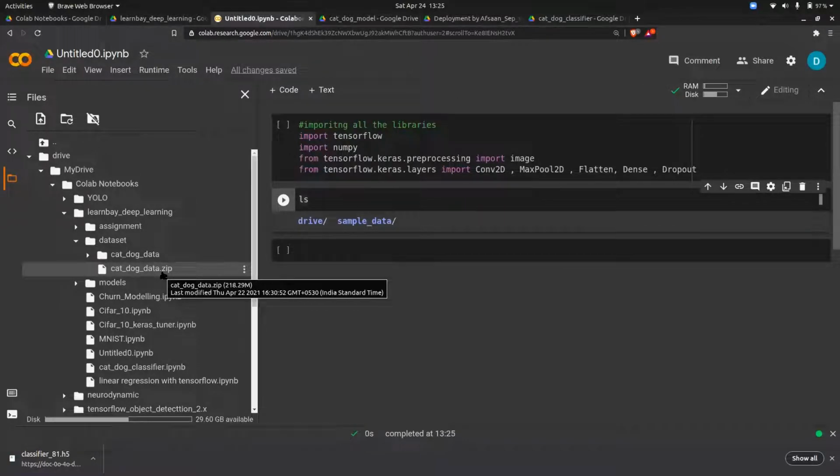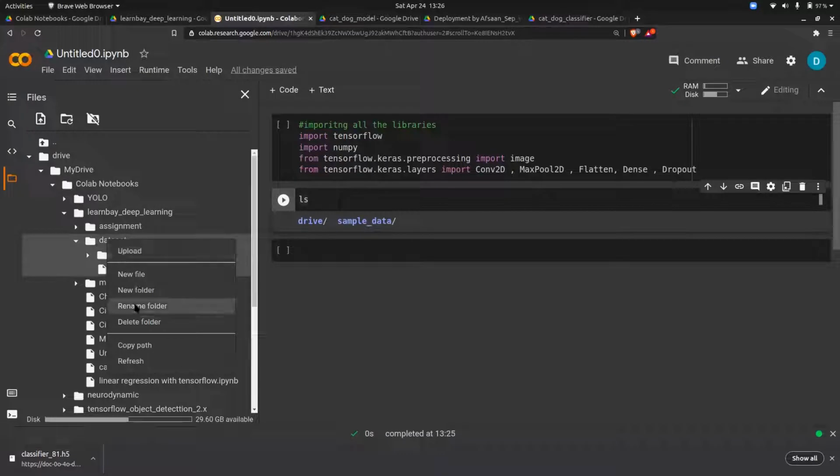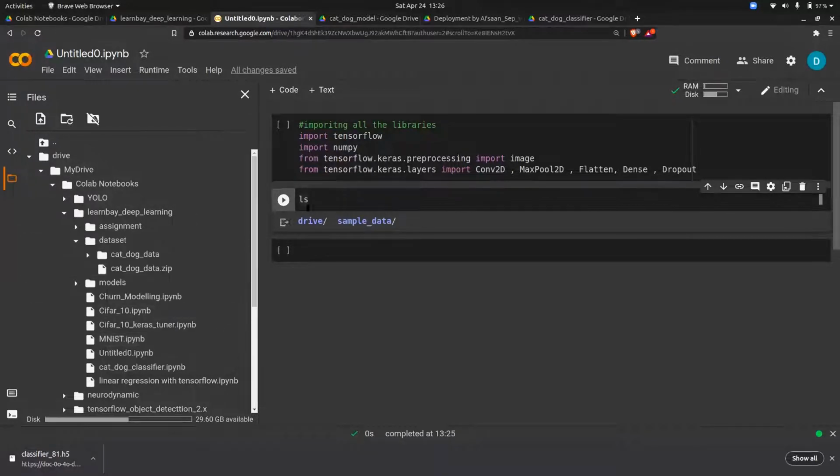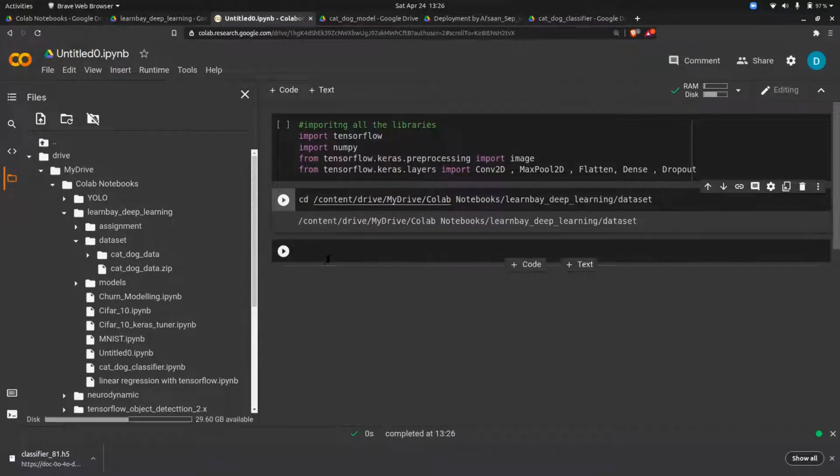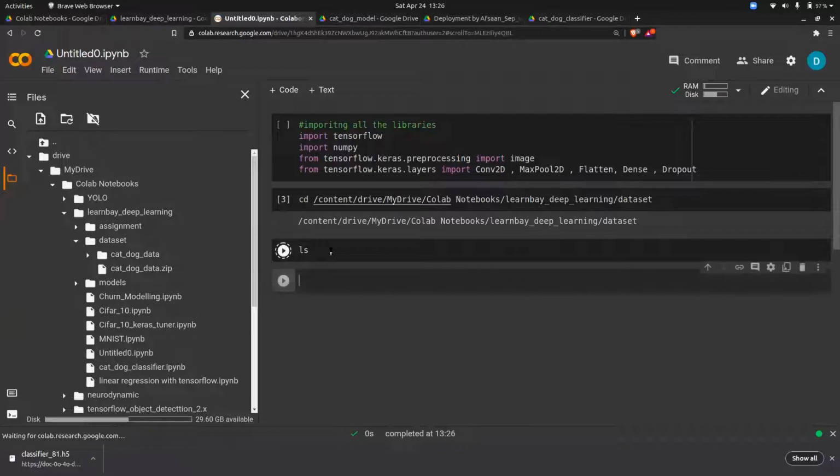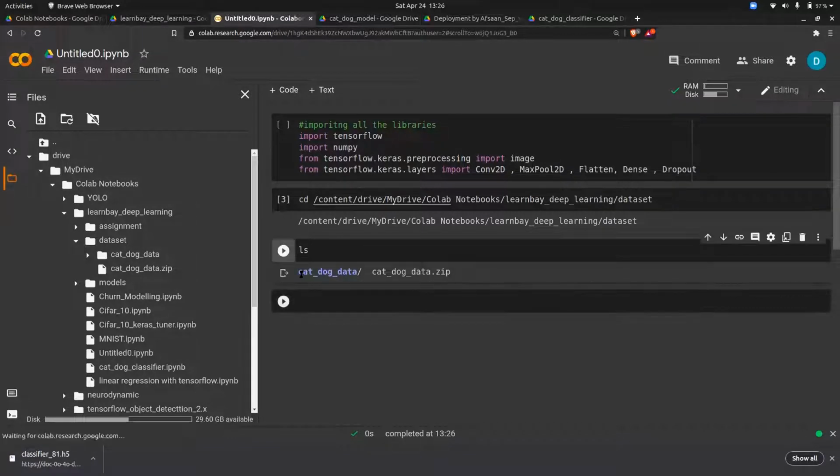So basically you have to come inside the dataset folder using the Linux command. You can right click and copy path and do cd space the path. When you do this, you are inside that path and with ls, you will get the cat and dog zip file. Depending on where you have put the zip file, just go to the directory, everyone.